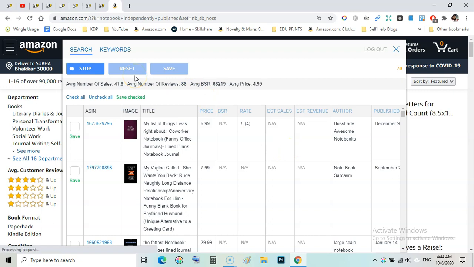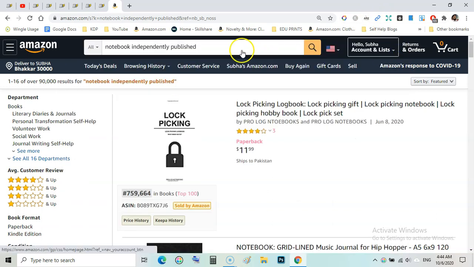It also shows you average number of sales, average number of reviews, average bestseller rank and average price. So overall this is a very useful tool. I will recommend, if you have budget, then you should use this one.